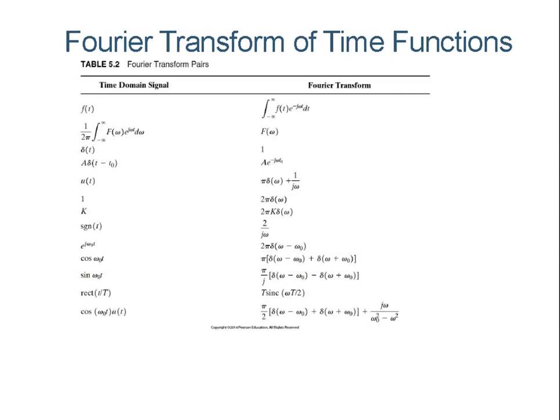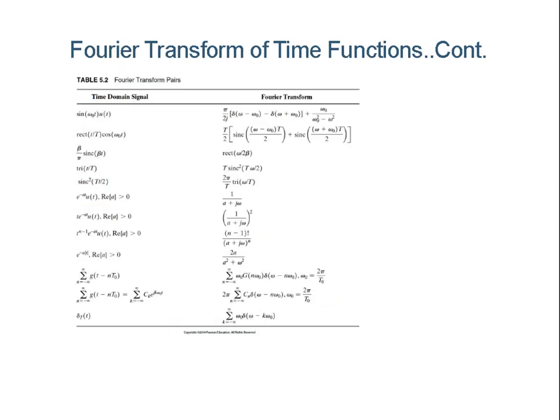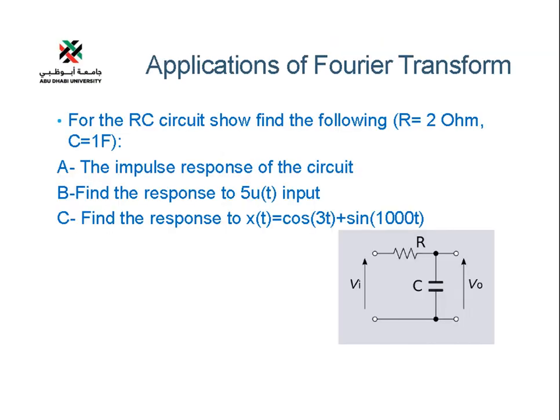So these are the common Fourier transforms of the different signals. This is one last example of how, by using the Fourier transform, we can calculate the impulse response of this circuit. We have this circuit, we want to calculate the impulse response. So what is the response if you have this input? Okay, we will solve this example during the live session.